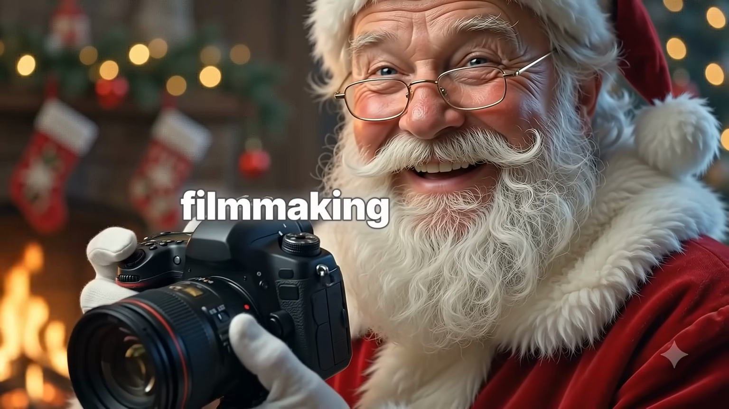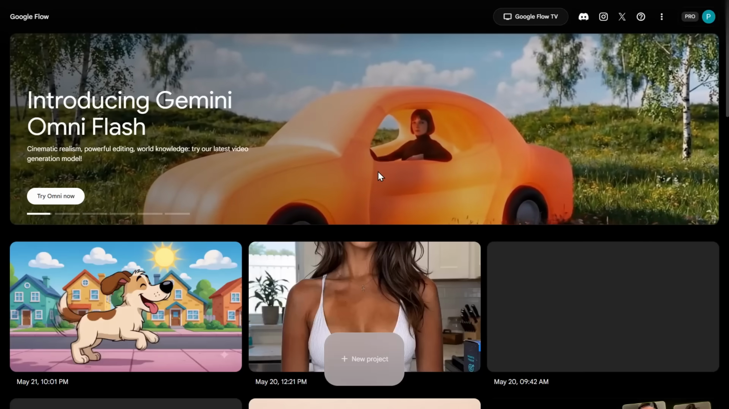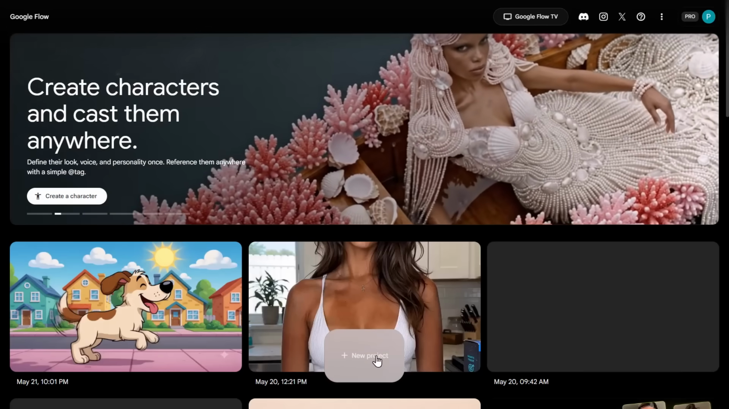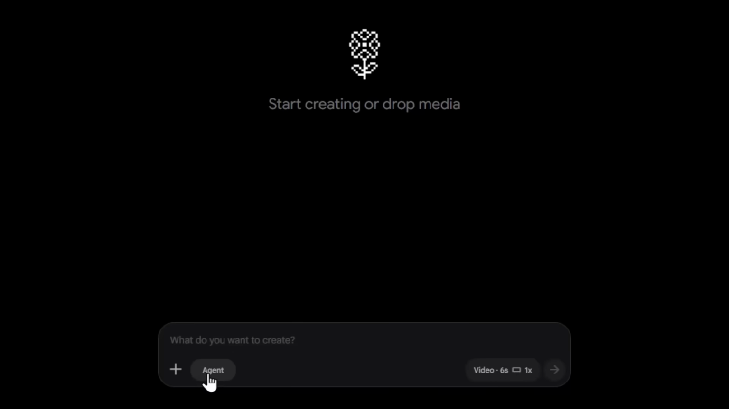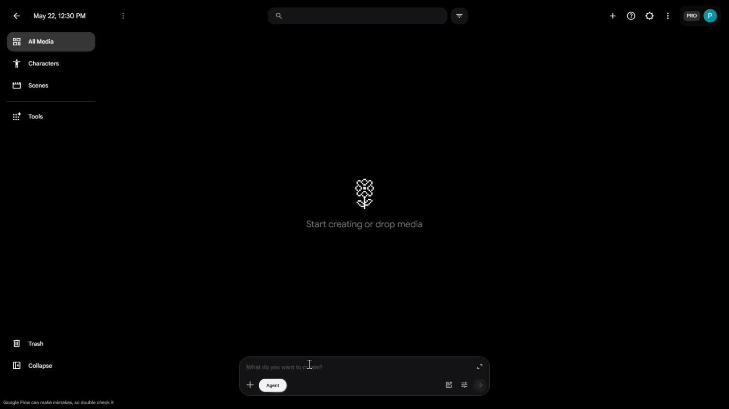Alright, so to use the new features in this update, you'll first need to create a new project inside Google Flow. Once you open up the project, you're going to see a dashboard that looks something like this. Now, the first thing I'm going to show you is the agent feature over here. If you click on this agent option, you'll be able to use a chatbot, but one that is specifically designed